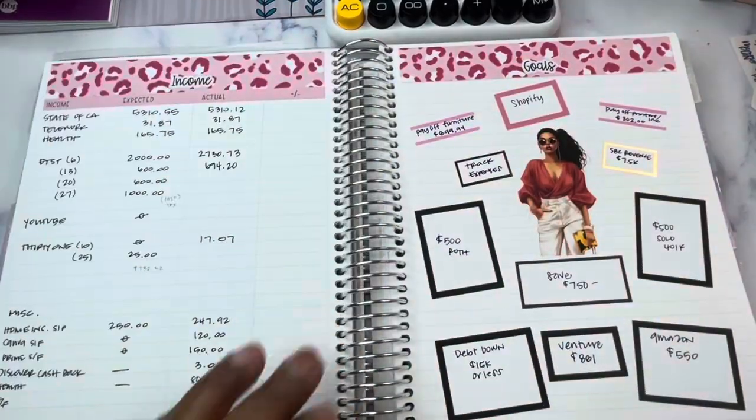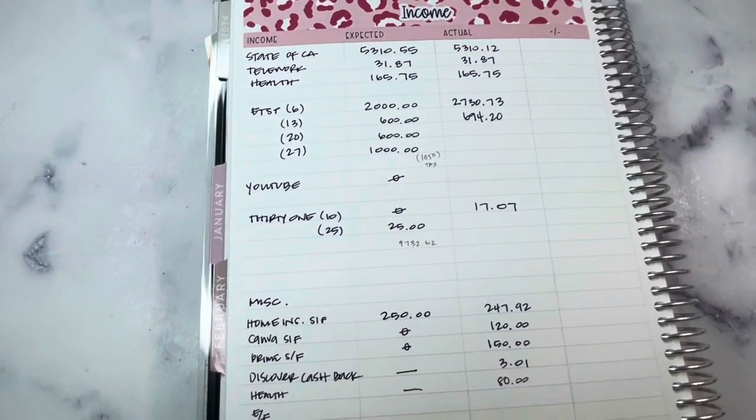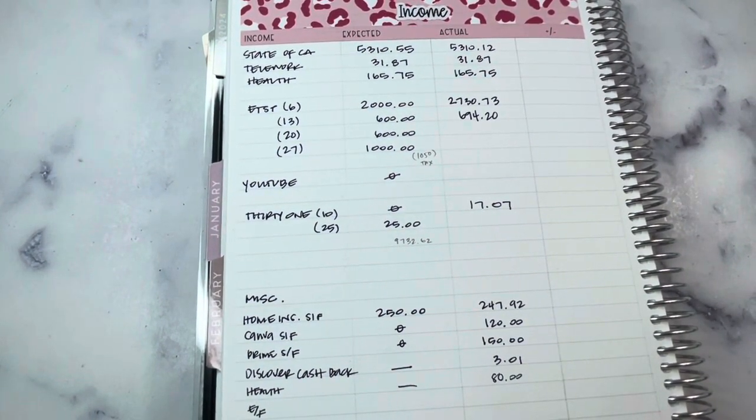looking at the income, where I expected to be total for the month was $9,732.63. Mid-month, we are at $8,952.75, so there's about $779 to go. That amount does not include